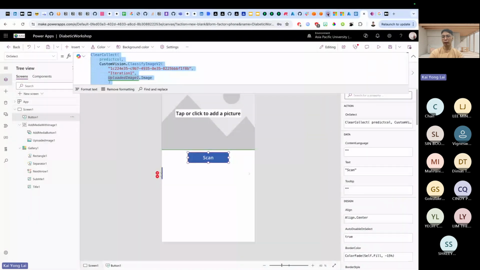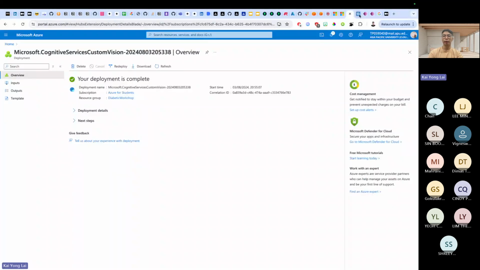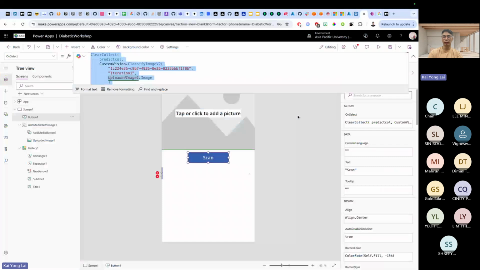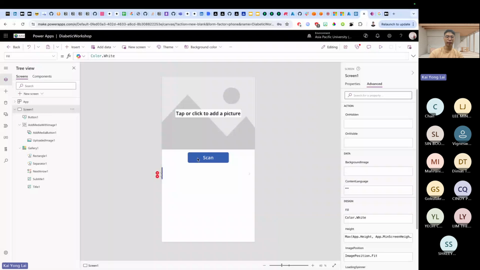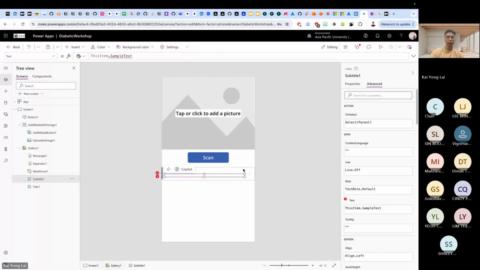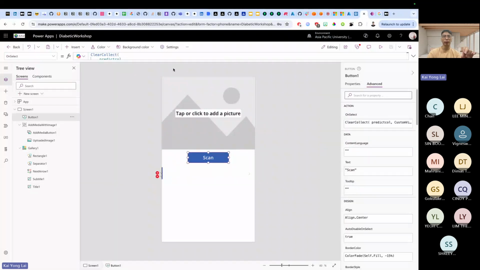Let me copy this for anyone that missed out how to type it in. So this is how you type it in for the button on the scan. Once this is done, let's save it. And the last thing that we need to do here is on the values. Now these are being stored as the default one, but since we are passing in our custom variable with the specific values that we pass through the API,